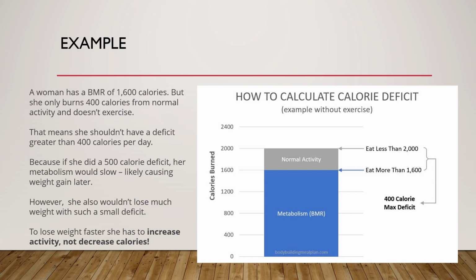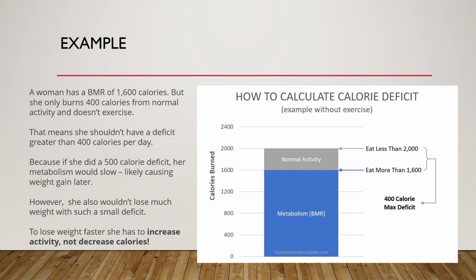So here her BMR is 1600, and her normal activity helps her burn 400. Now what she needs to do is make sure she shouldn't have a deficit greater than 400. Anything that she eats daily, that deficit shouldn't be greater than 400, because if she did a 500 calorie deficit, her metabolism would slow, likely causing weight gain